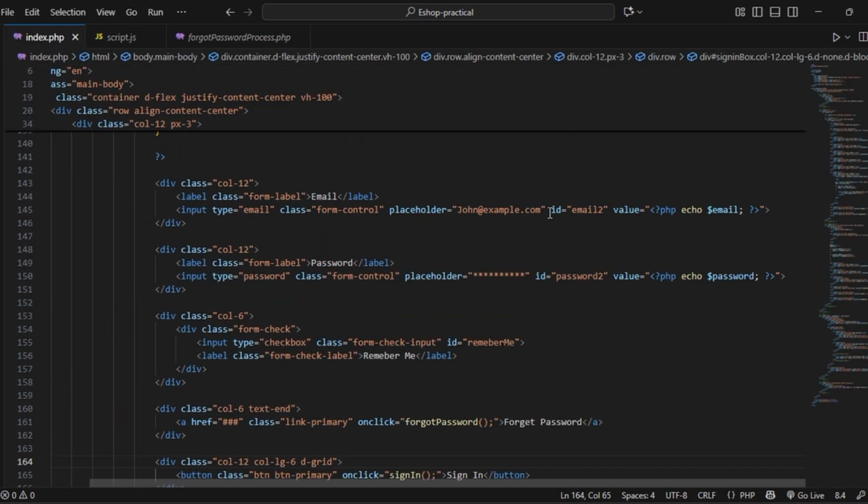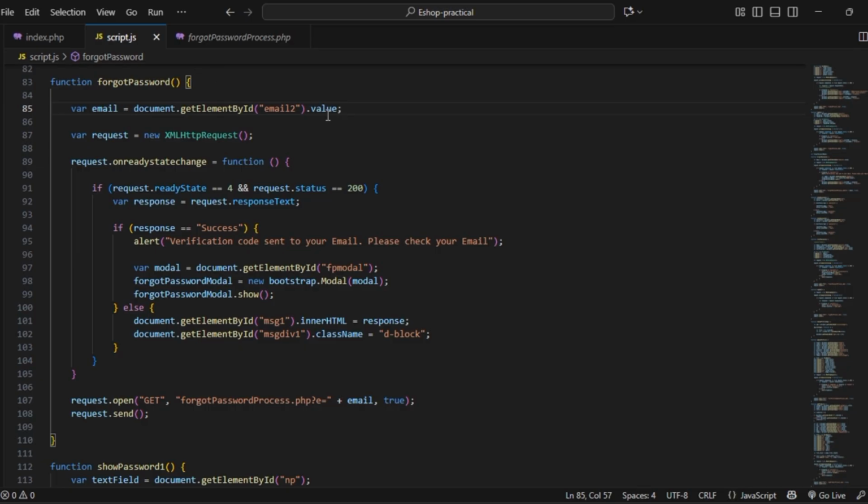You can see the ID email, and I have taken it to the JavaScript side by the document.getElementById code, and I have assigned its value to a variable named email. Then I have sent it to forgot password process.php, binding the email, giving a name as e, using the